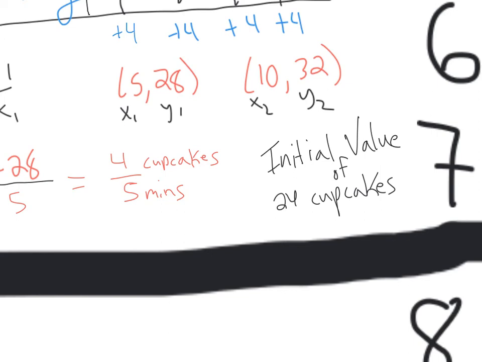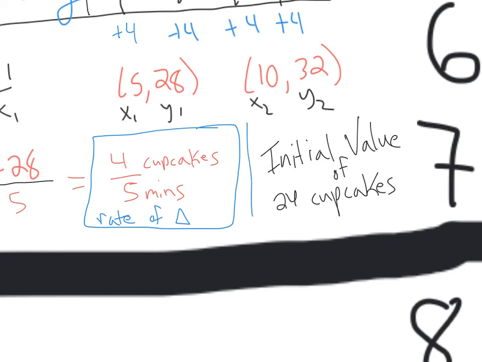Okay, so those are the 2 pieces of information that the question asked us to find. This is our rate of change. I'm going to do the little triangle to shorten it, and this is the